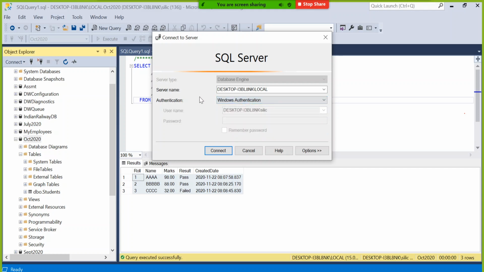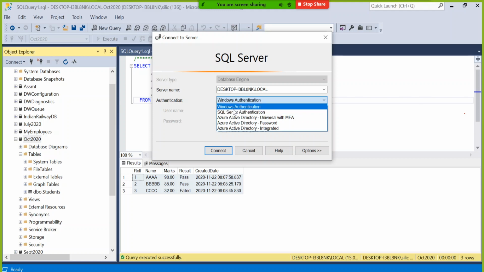There are some options asked during installation. Do you want only Windows authentication, SQL Server authentication, or mixed mode authentication? If you chose mixed mode authentication during installation, both of these will come.